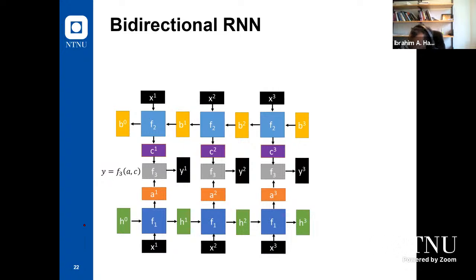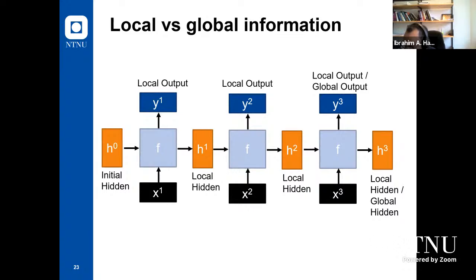Bidirectional, so we will go here in that direction, and bidirectional we go in the opposite direction, I guess. So starting from Y3, I need to revise those bidirectional RNNs, in fact, but it's one of the forms. Local versus global information: each time you have those local outputs. So in each time step we update